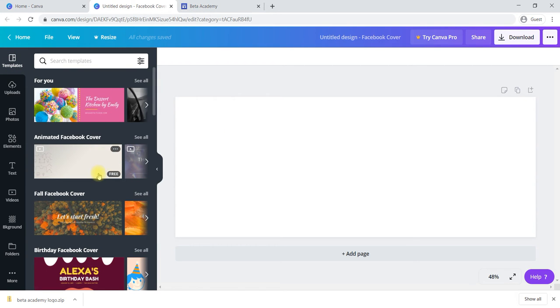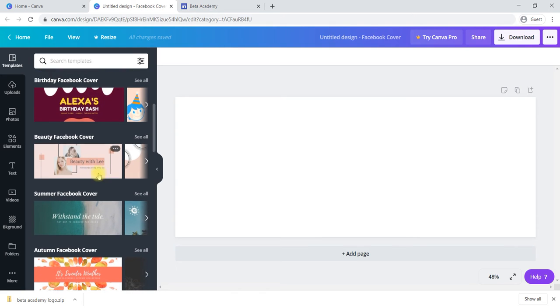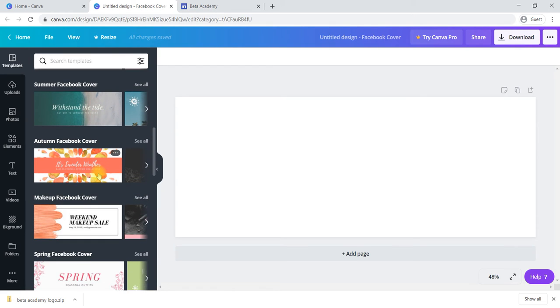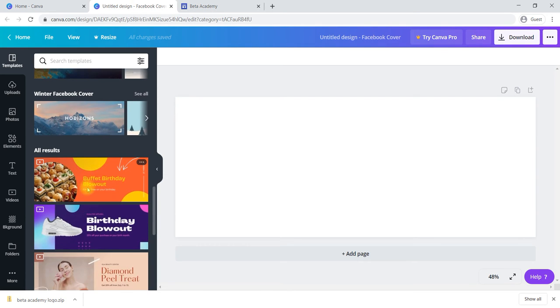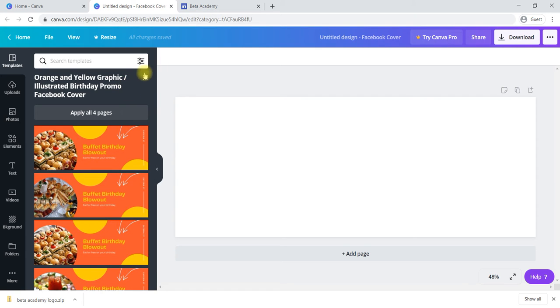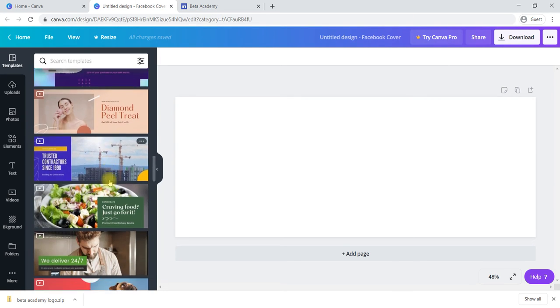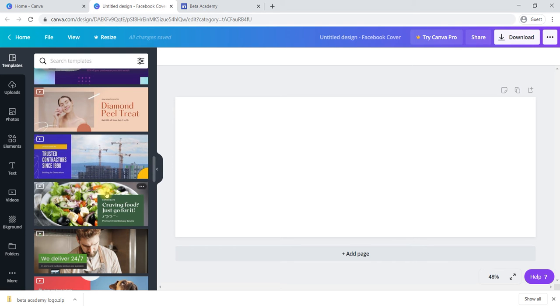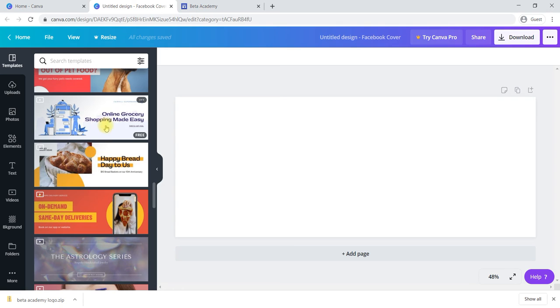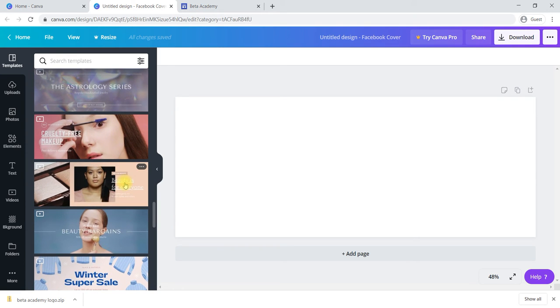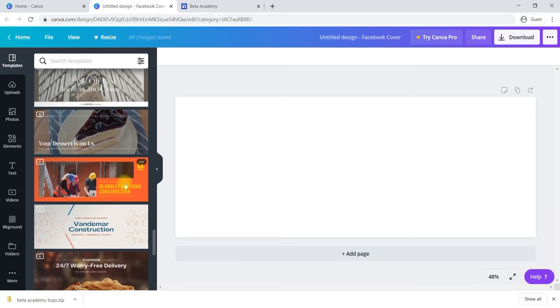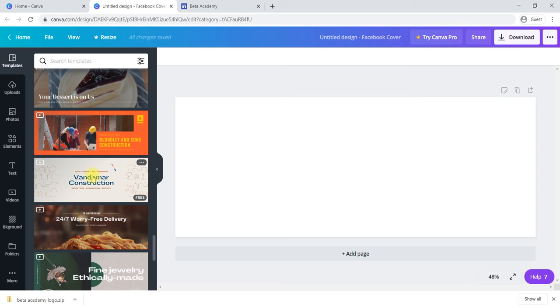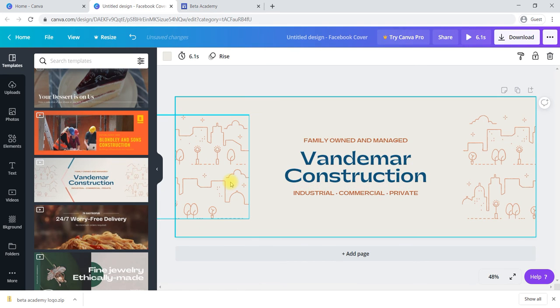We have discussed that different templates are available. You can use any type of template based on your business area. If you are in a food business, you can use this one. For a different application, you can use a different template. For education, you can use this one. You can use any of the templates based on your requirement. For example, the simple template, we'll take this one. We have selected the template. It's already applied, everything is there.